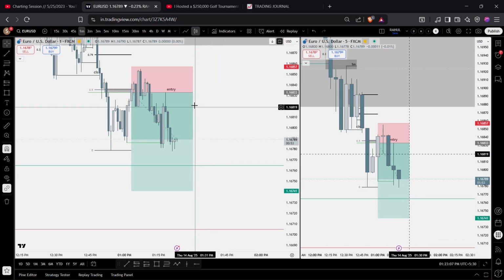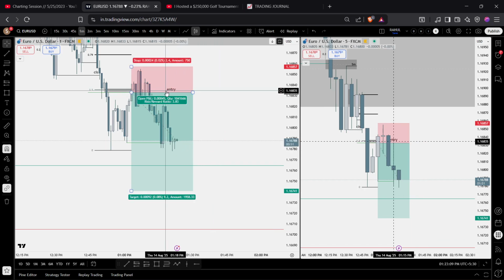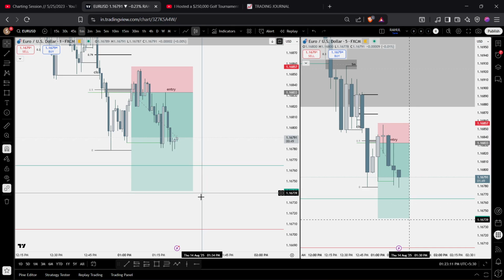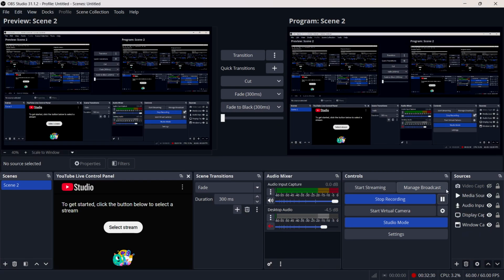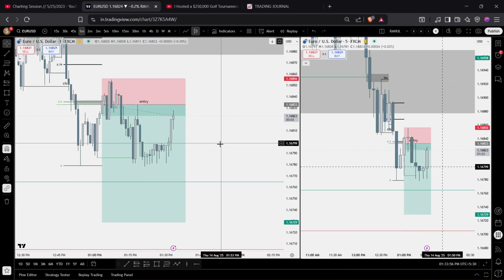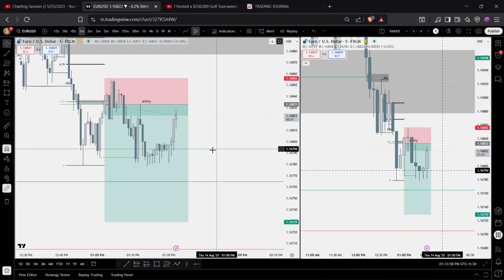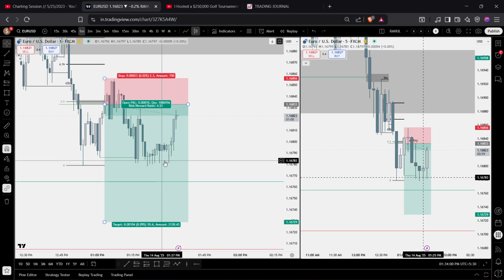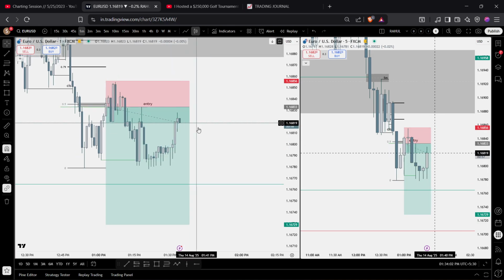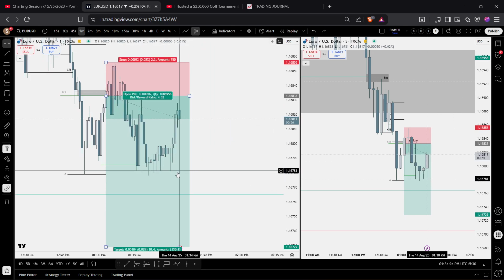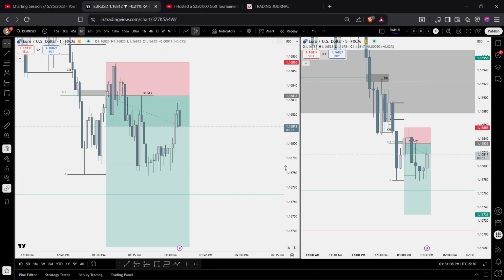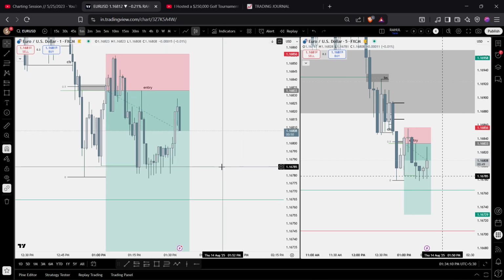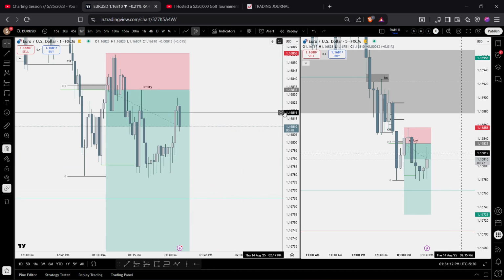So I'll update you on what happens in the trade. See, my stop loss is here above this high and take profit is here. I think I'm going to get stopped out at break even. As you can see, there is a lot of rejection from here. My stop loss is here. I was contemplating closing it somewhere here after seeing a lot of rejection, but I just left it running. There is nothing I could do.